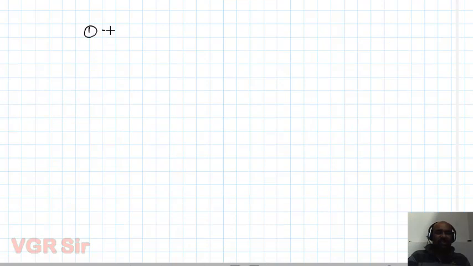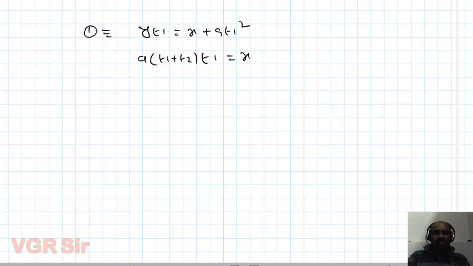First equation is saying that yT1 equal to x plus aT1 square. We got y as a times (T1 plus T2), into this T1, equal to x plus aT1 square. So what happened? aT1 square plus aT1T2 equal to x plus aT1 square. So here I can cancel these two terms. So finally I can say x is nothing but aT1T2.